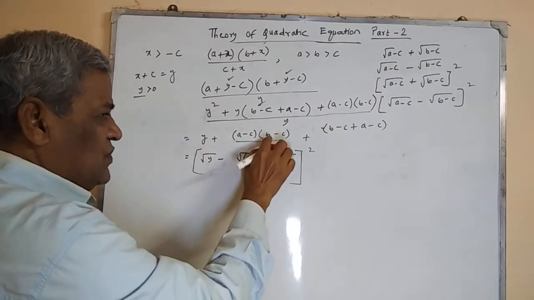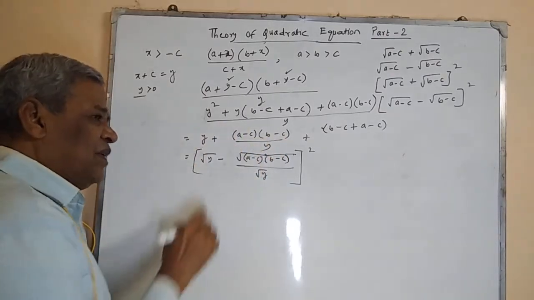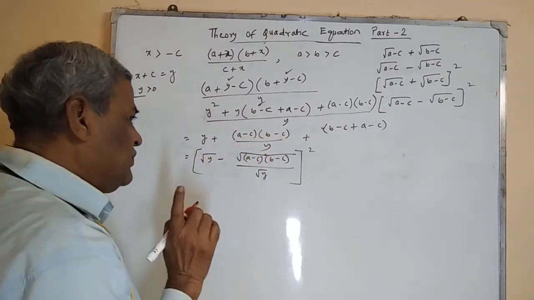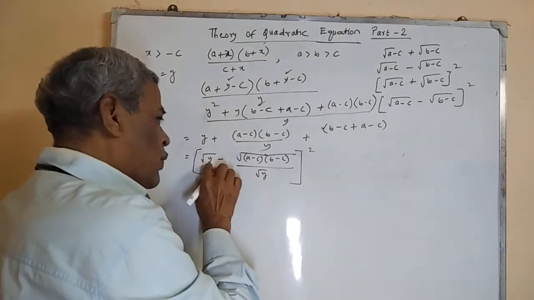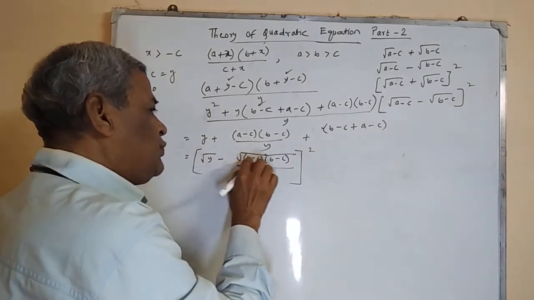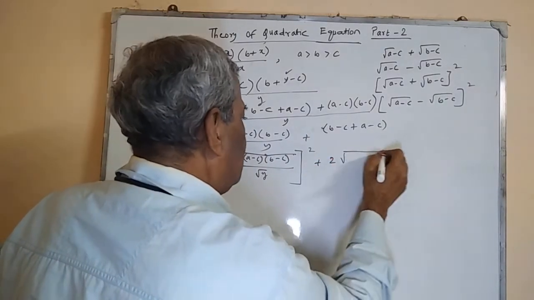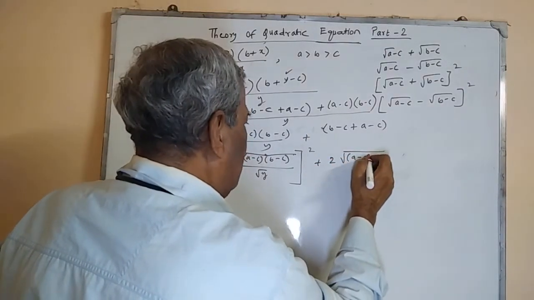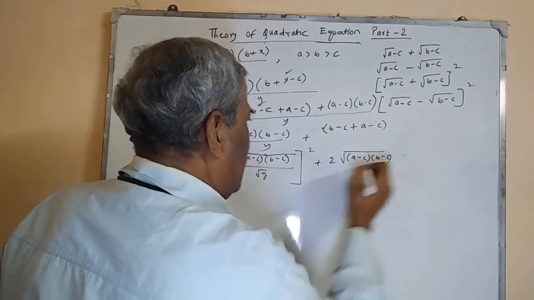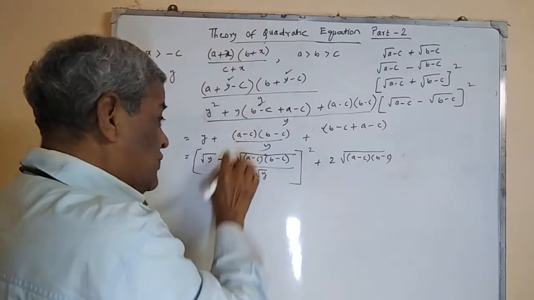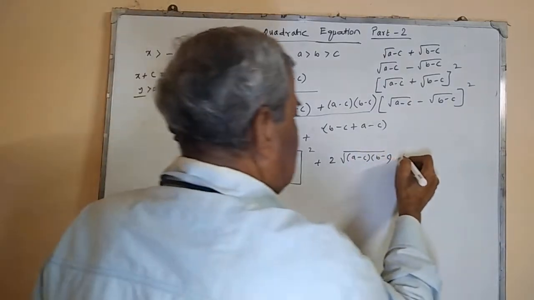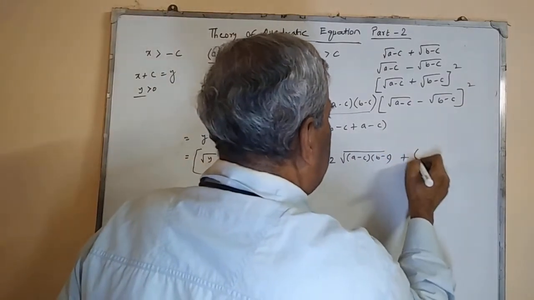This whole square means the minus product term, where root y will be cancelled, is minus 2 of that. So plus 2 of root over of (a minus c) into (b minus c). Now we have adjusted it. This is equal to that, plus this is still left,